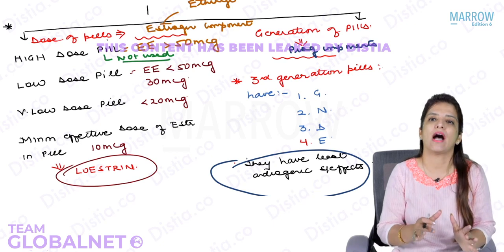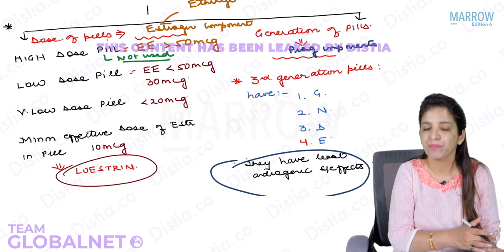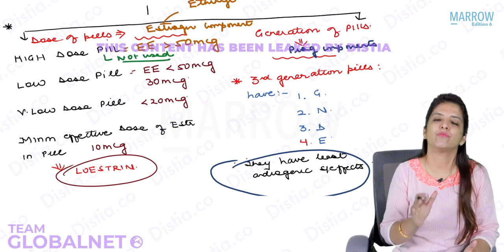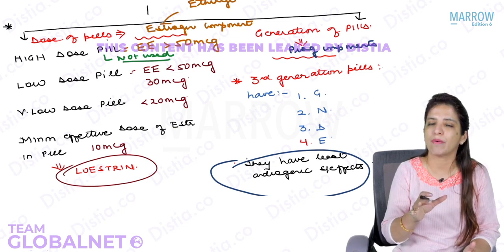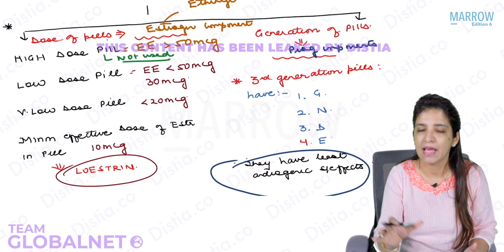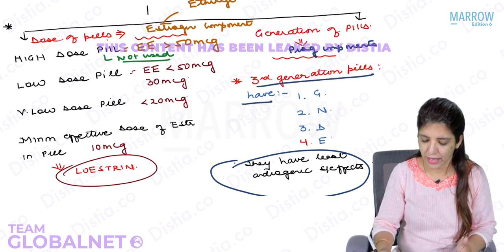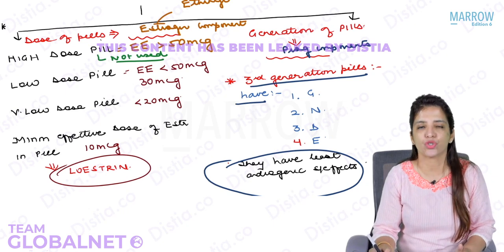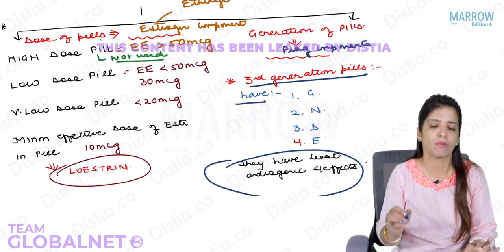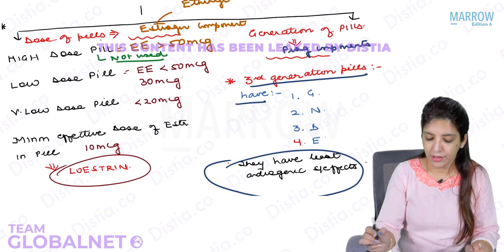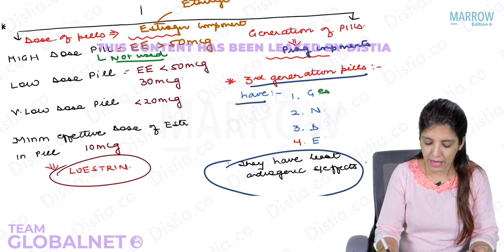Fourth generation are anti-androgenic. Whenever we are talking about third generation pills, a third generation pill will have a third generation progesterone. And what are third generation progesterones? These four should be on your fingertips. The third generation progesterones are gestodene,